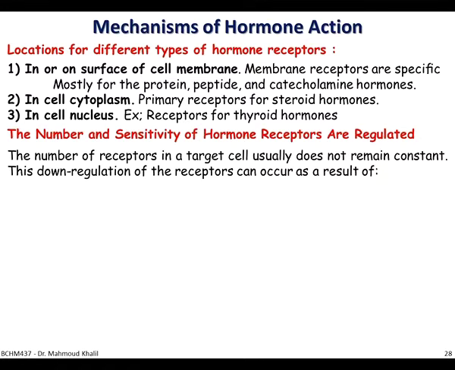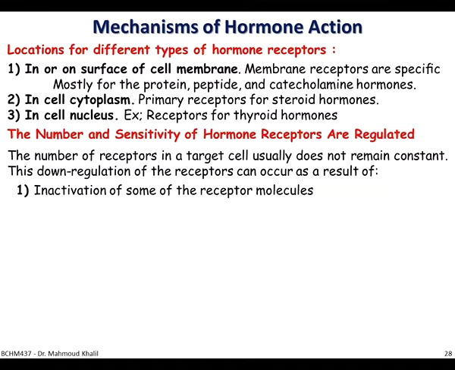Usually, if the number of molecules of this receptor exceeds a certain number, they have to be down-regulated in order not to have an overaction of the hormone once it is bound to the receptor. So this down-regulation of the receptor can occur. Why does the target cell, which has the receptor, need to down-regulate or decrease the number of that receptor?